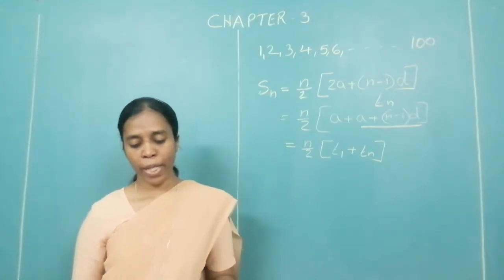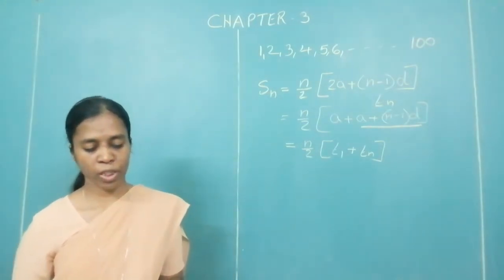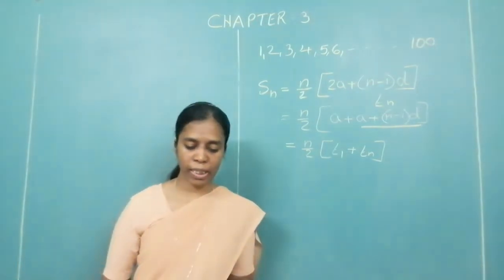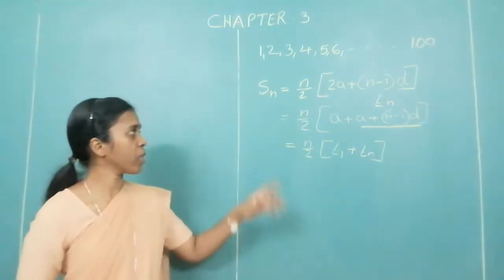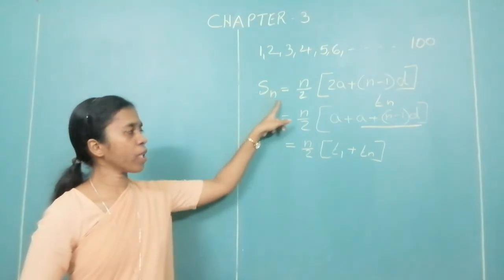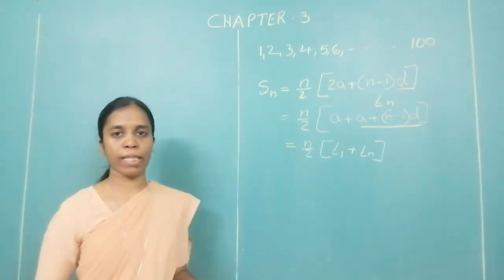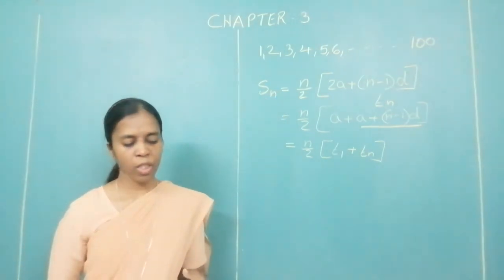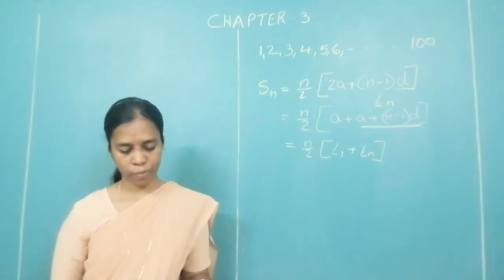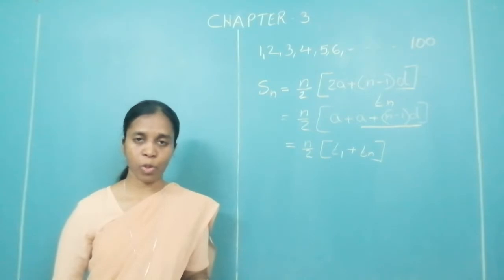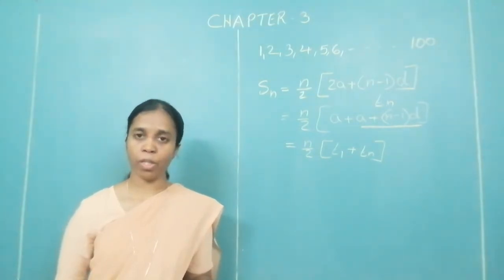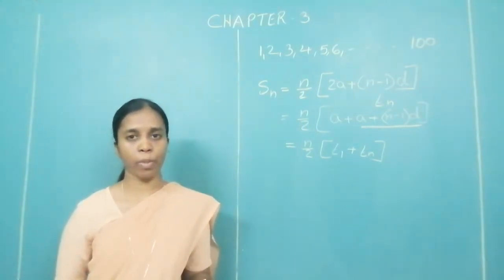Okay. Practice set 3.3. The first term and common difference of an AP is 6 and 3 respectively. Find S27. So whatever is written over here, that is the n. So in this case, what is n? 27. We can fill it over there in that box. This kind of activity question can be asked in the exam. So you should know how to fill it in. And the boxes also are important. Put it in the proper manner.